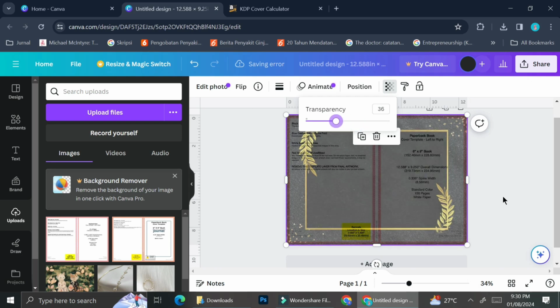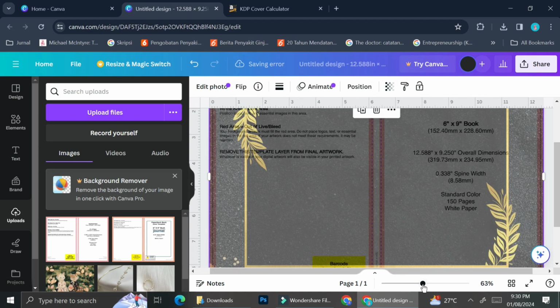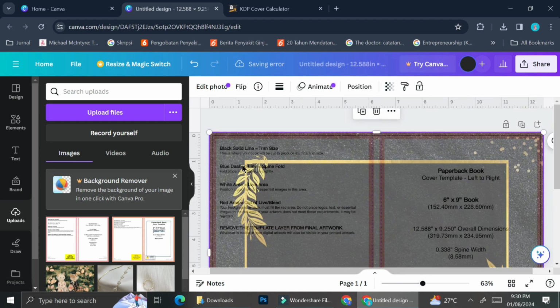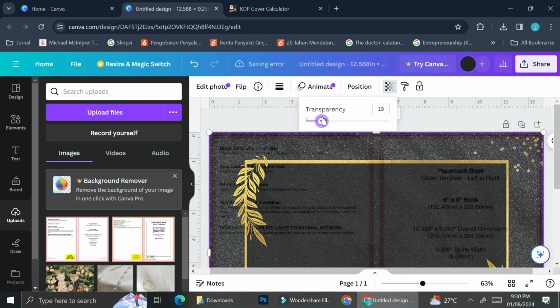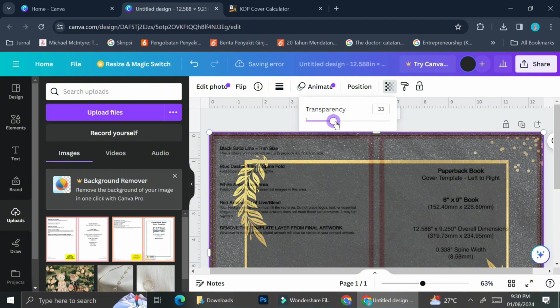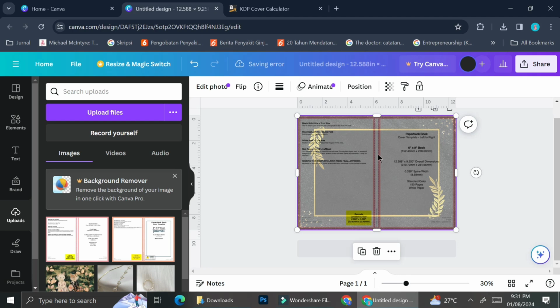And to see if my template is safe or not, I'm just going to try and reduce the opacity of my templates. As you can see, thus far everything is quite safe, but I don't really like how the gold frame is sitting right now, so I'm just going to go ahead and adjust it. And I'm also going to adjust the gold leaf so that it's on the edge of my